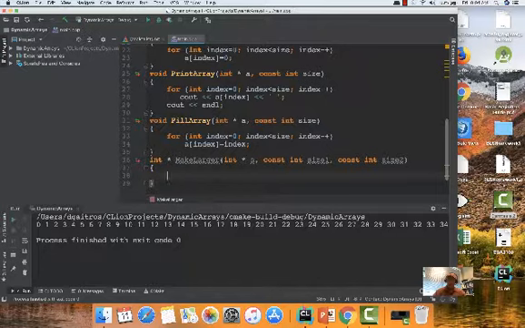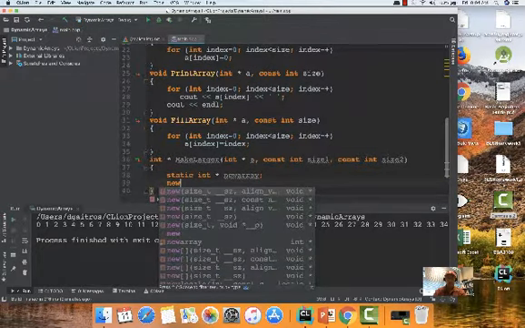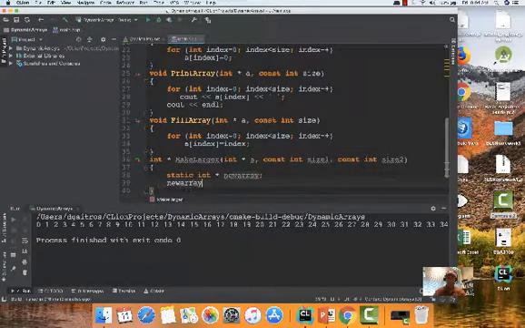I've also got a problem too, that anything I create inside of here goes away once the routine goes away, unless I use the word static. Okay, if I use the word static, it stays there. So I say static integer asterisk new array, and I'll say new array is equal to new